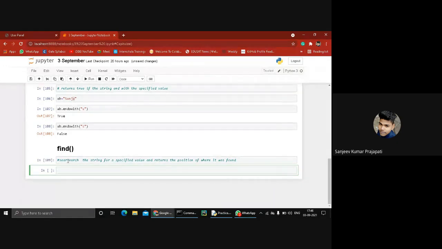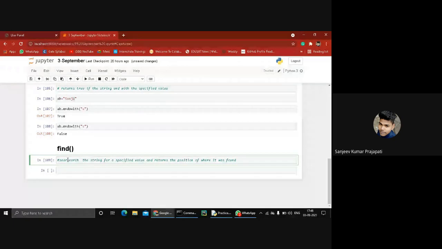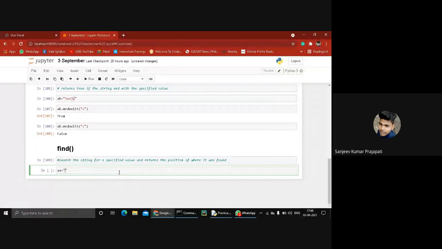Find searches the string for a specified value and returns the position of where it was found. So again, we create a string a equal to Python.